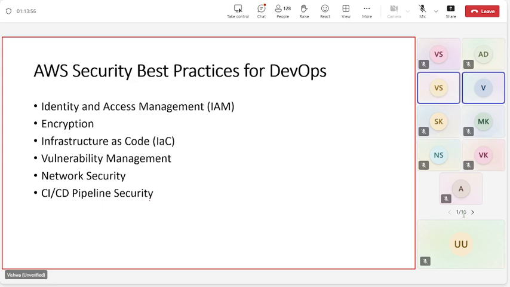So the best practices are identity management and encryption. Of course, encryption, you guys see day in, day out. In simple terms, when you access your web browser, on the top you see a lock symbol saying HTTPS, it is secure. That's your encryption, right? Make sure everything you create is all encrypted. The storage you're using, storage at rest, is all encrypted. The S3 bucket which you use for artifacts is all encrypted, right?